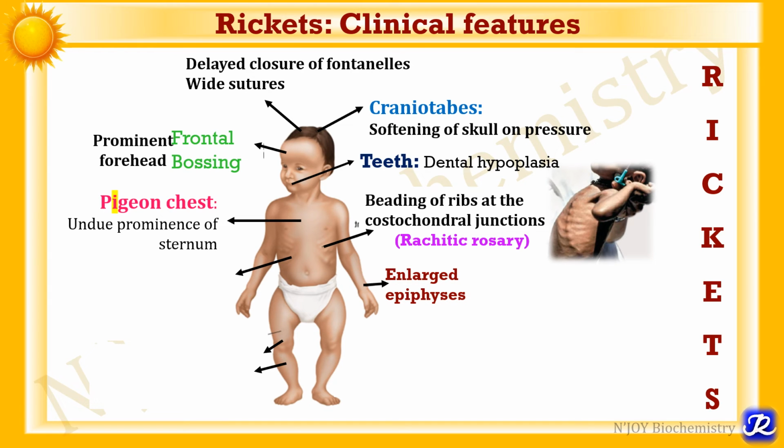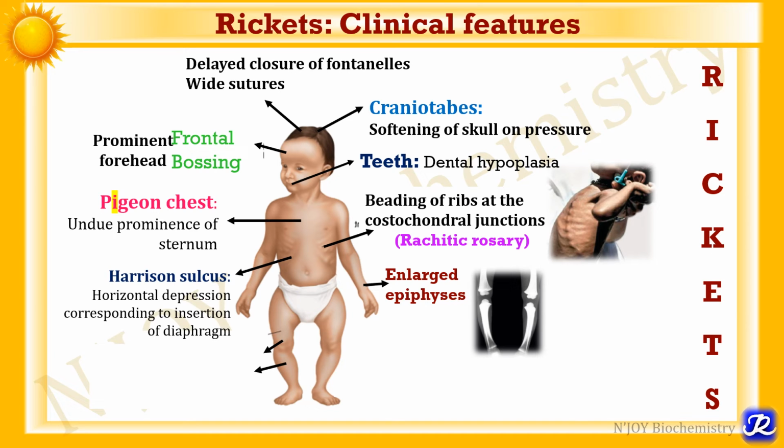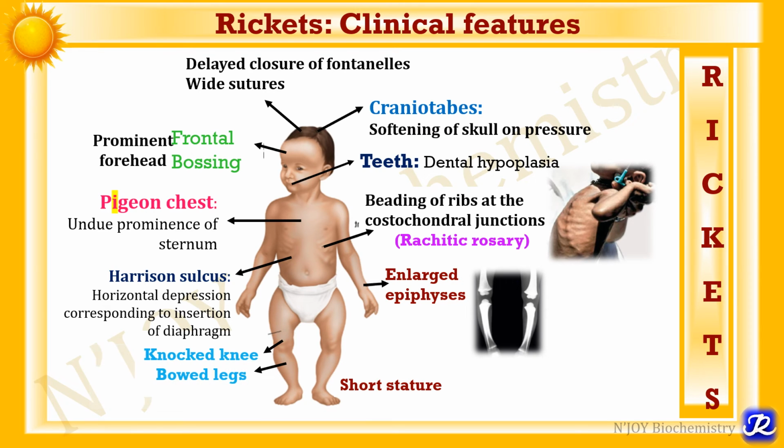Then the epiphyses are enlarged. Harrison's sulcus is observed, which is the horizontal depression corresponding to insertion of the diaphragm. Short stature, delayed milestones, knock knee, bow legs. These are the various clinical features of rickets. And the important clinical features can be remembered by the mnemonic RICKETS,